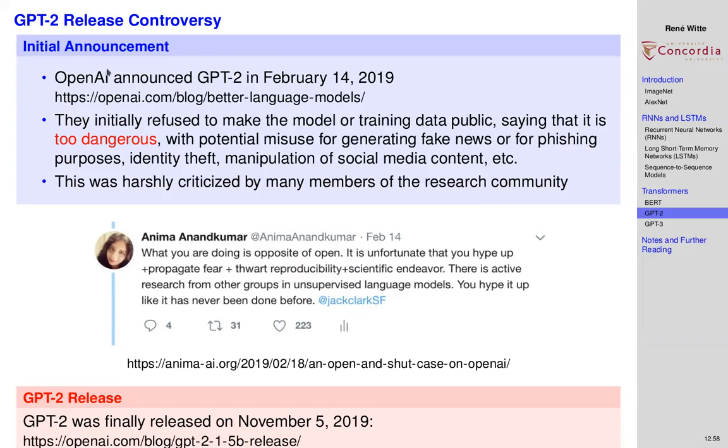OpenAI, by the way, if you have never heard of it, is an institute that was founded by a number of famous people, including Elon Musk, Peter Thiel from PayPal, and a number of others. Look up OpenAI online and read a bit about it. Originally, the idea of OpenAI, as the name suggests, was that they make AI research available as a public good, as a shared resource for others to build upon. This has changed, however,